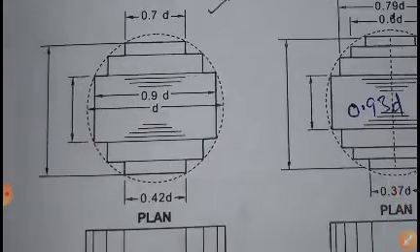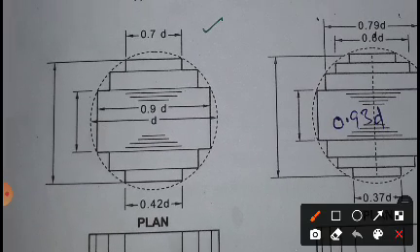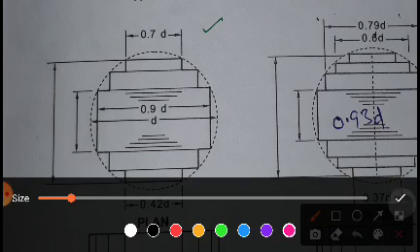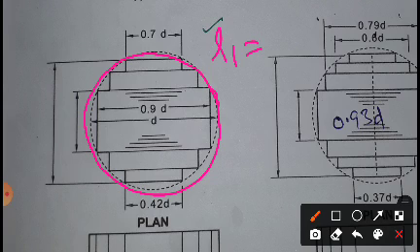For the 3-stepped core, what are the 3 steps? We know that based on D, we draw the diagram. So draw the circle with the given diameter, and find L1 based on the formula 0.9D. Based on the length, you measure this length here, join these two lines. So you are going to get the first core material.